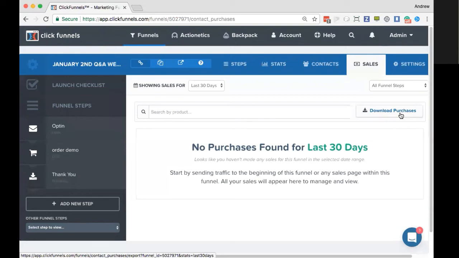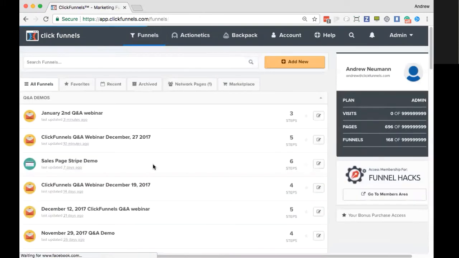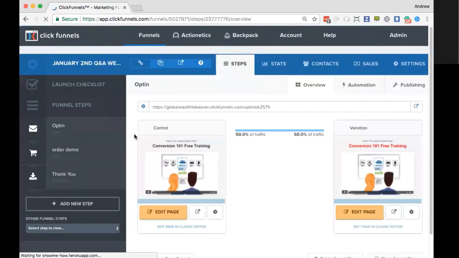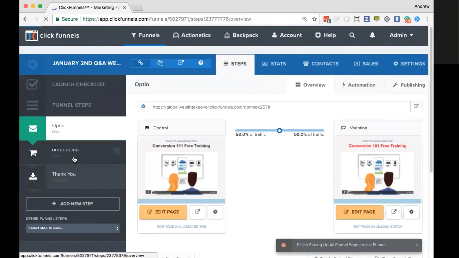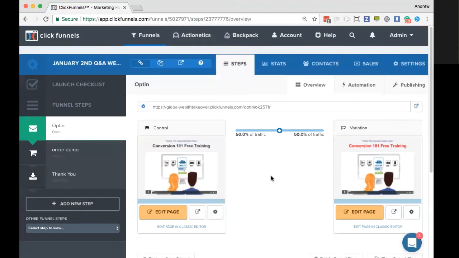Okay, so as far as growing your email list, ClickFunnels lends itself flawlessly to that particular system. Essentially, if you're just looking to build an opt-in page and a thank you page and get to work, all of your contacts will be stored underneath the contacts tab within your account. Now, if you have Actionetics or a third-party autoresponder, you can trigger your autoresponder campaigns and email lists to go out to those specific subscribers to get them to purchase your services or your products, whatever it might be, and go forward from there.